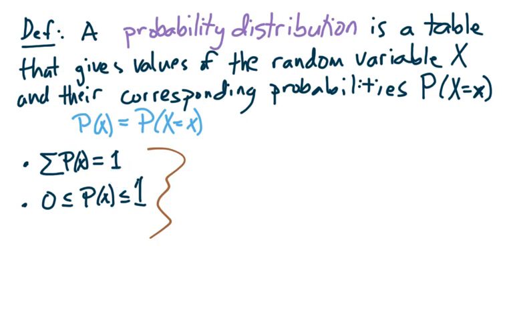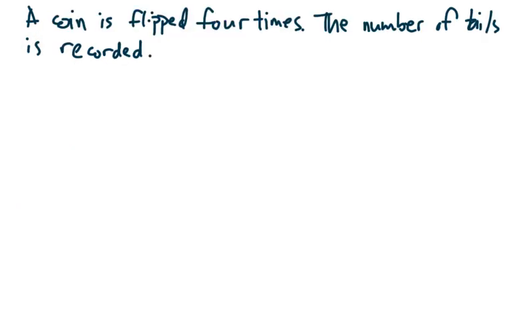Now the next thing we want to do is talk about a probability histogram, which is a lot like a relative frequency histogram, in the same way a probability distribution is a lot like a relative frequency distribution. To do that, we're going to get a new example that's easy enough for us to draw a bar graph, a histogram for. A coin is flipped 4 times.